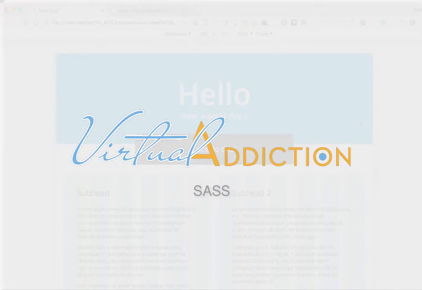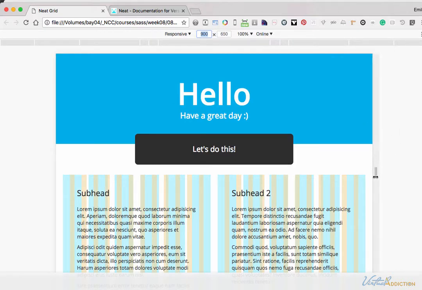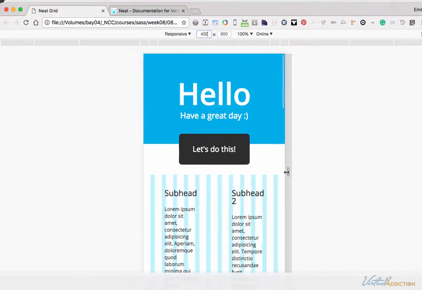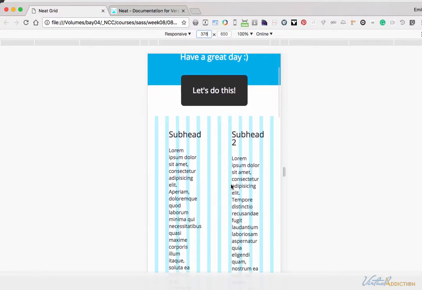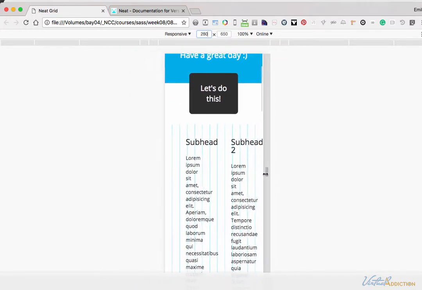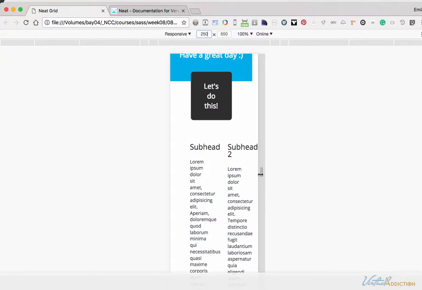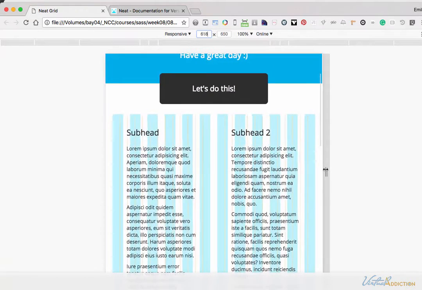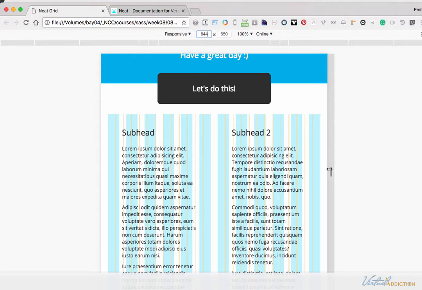We're going to take the page that we've been working on and I'm going to show you how you can create your own custom grids. As you can see, the page that we're working on stays the same. These two articles remain in a two-column formation, even when it gets far too small for them to remain as such. So we're going to create some custom variables that will allow us to augment the mixins that are used